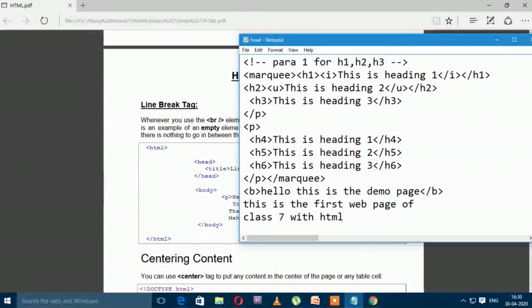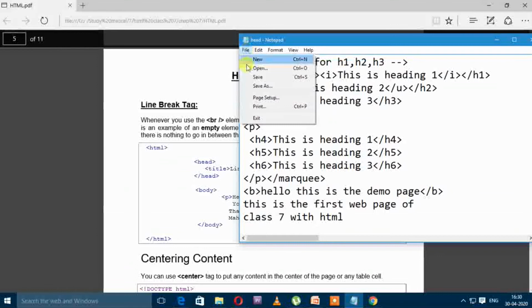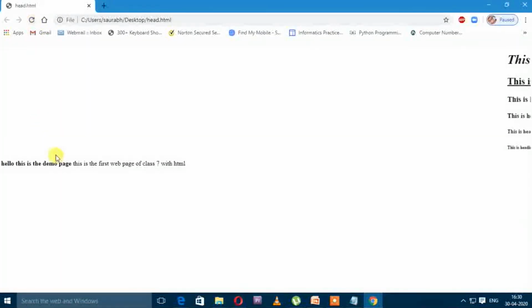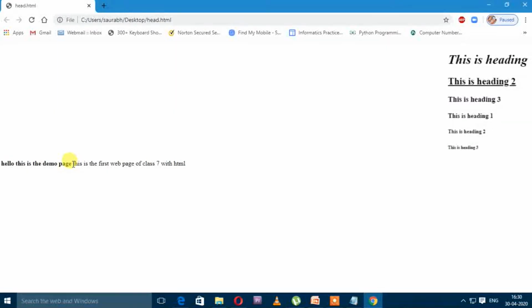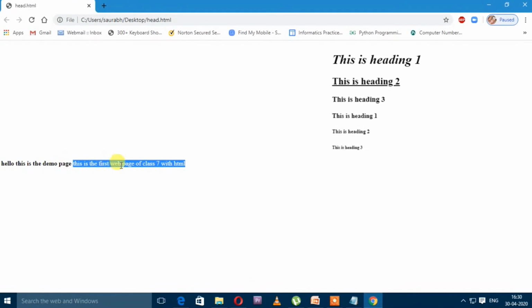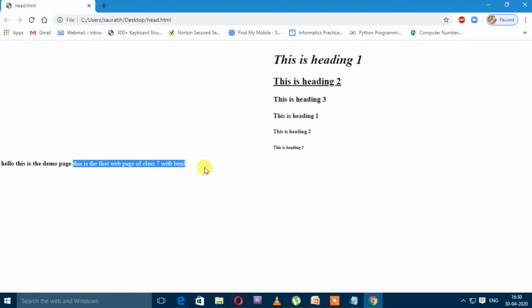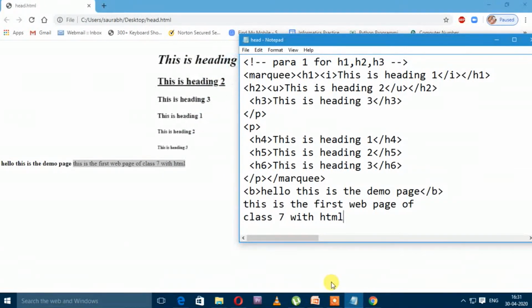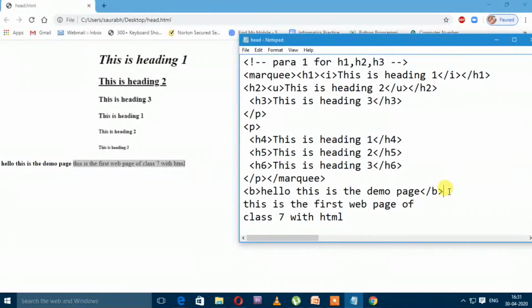so when we save it and run this code here, so look at here, the whole text which we written in between two lines, it is here displayed in a single line. If we want to change the lines of output, then we should use the BR tag. BR is the break row tag.